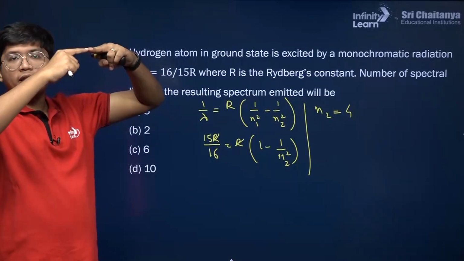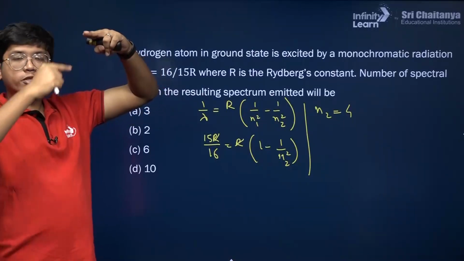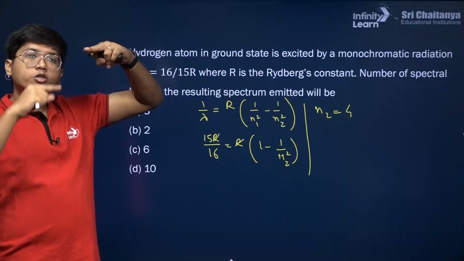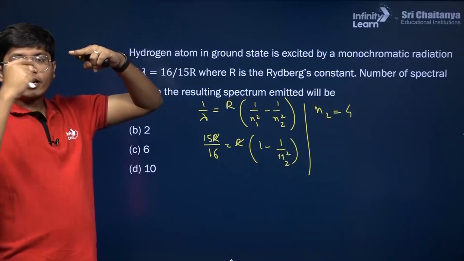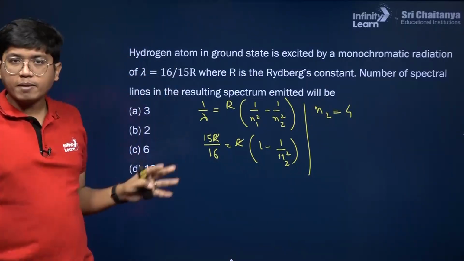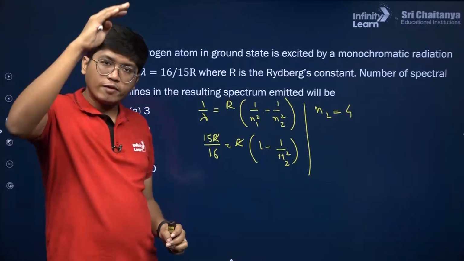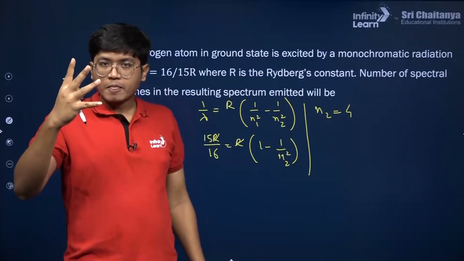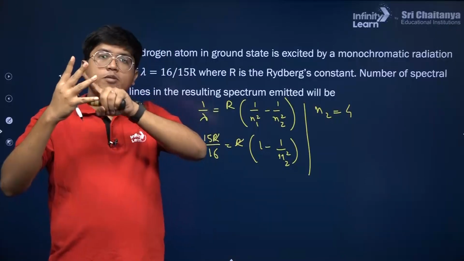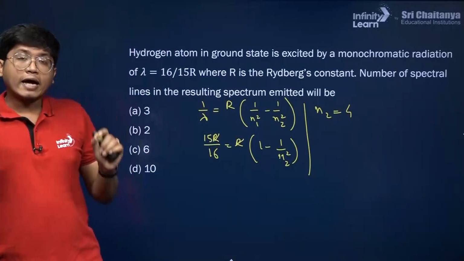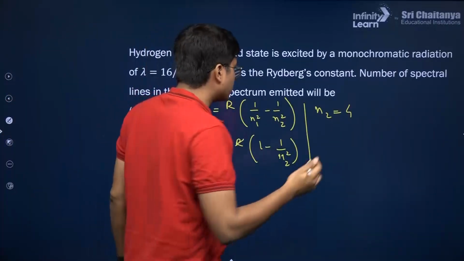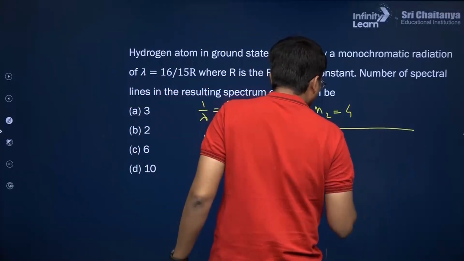So it can jump from n equal to 4 to n equal to 3, from 3 to 2, from 2 to 1. Also it can go from 4 to 2, it can go from 3 to 1. There are many possible combinations. So there's 1, 2, 3, 4, 4 numbers, and it can take any possible combination between the two. So that is why over here, if this is n, then the total number